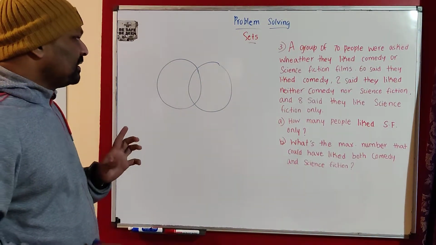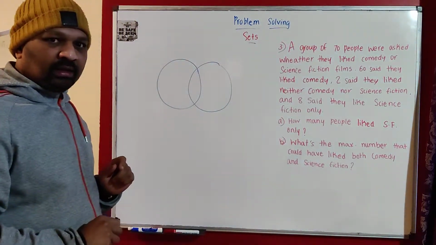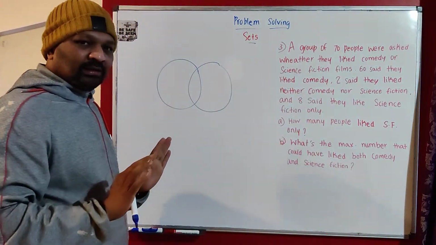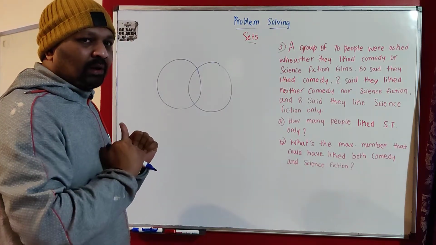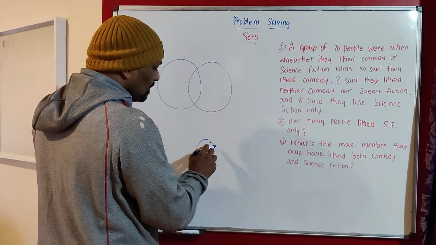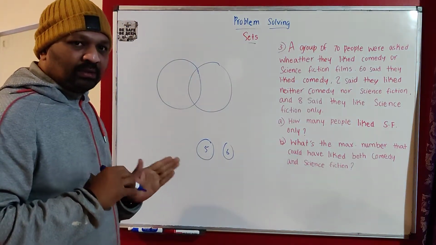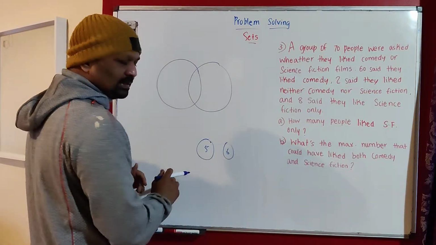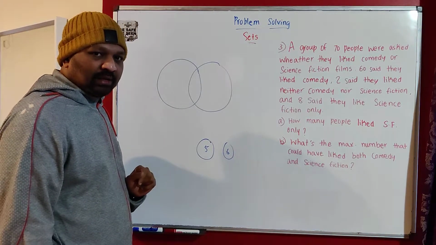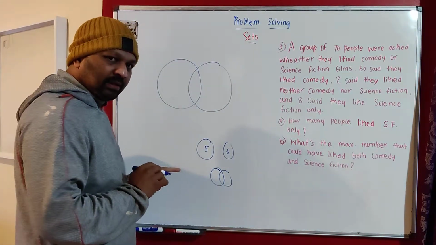When you're writing a Venn diagram, each set should have some overlapping, some common portion. Whether or not in the real sum somebody likes both of them is a second matter, but you still need to maintain this overlapping. Say 5 people like only comedy and 6 people like only science fiction. I use the word only. It does not mean that you write the Venn diagram without overlap. Even then you have to maintain that overlapping.